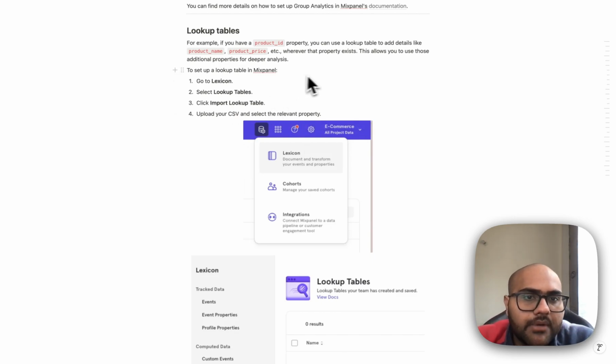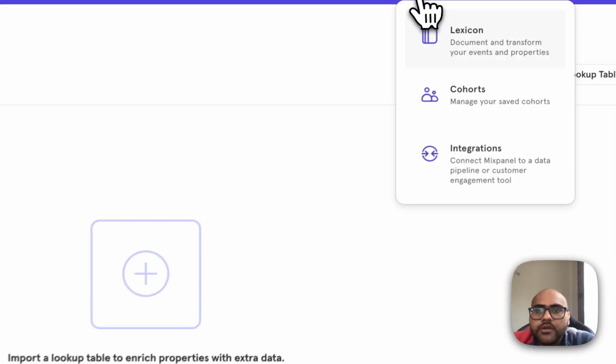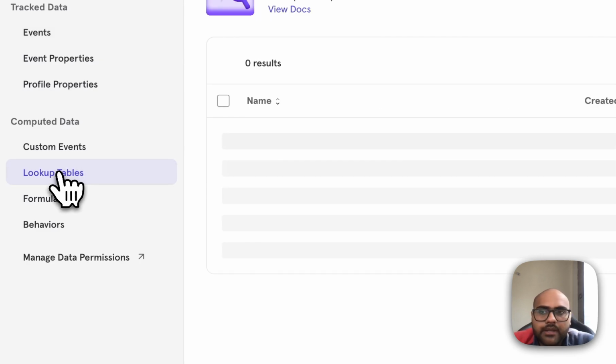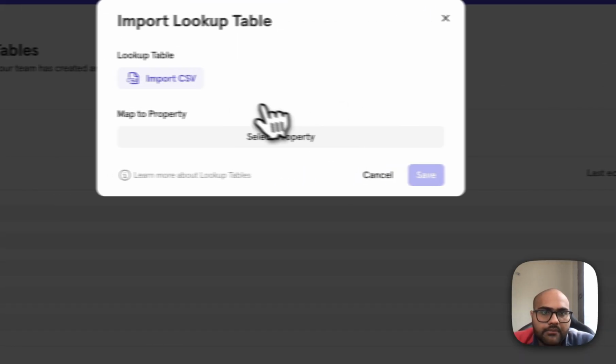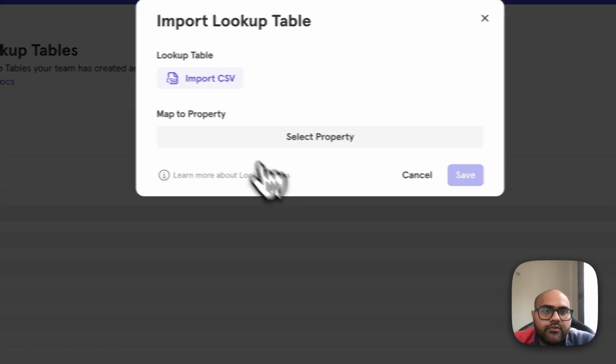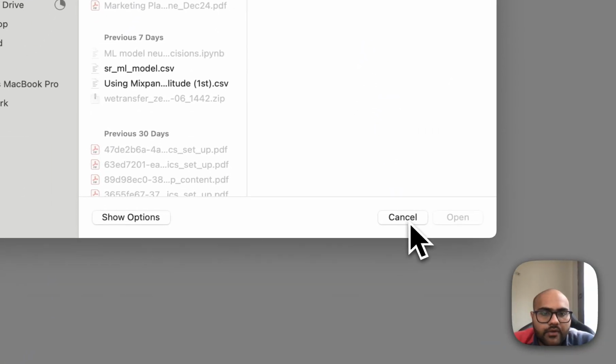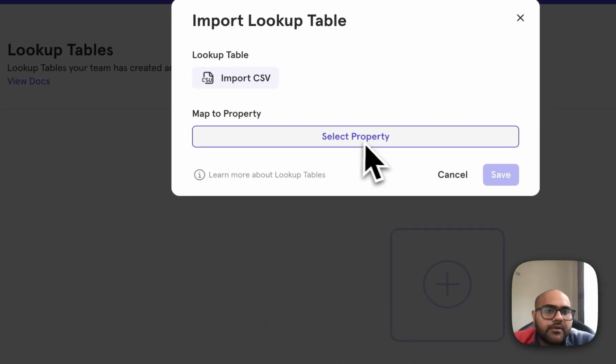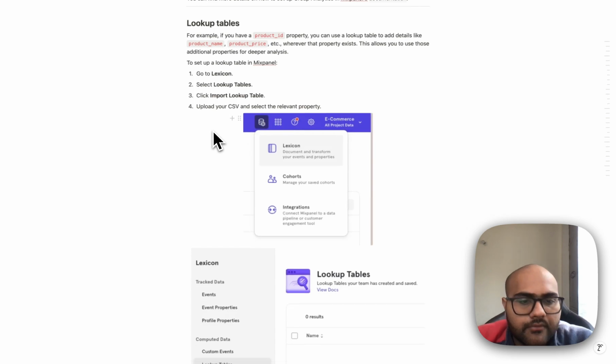To set up a lookup table in Mixpanel, you need to go to Lexicon. You need to go to lookup tables. You need to click on import lookup tables, and now you need to import the CSV file that you have, and then you are going to map it to a property. So for example,